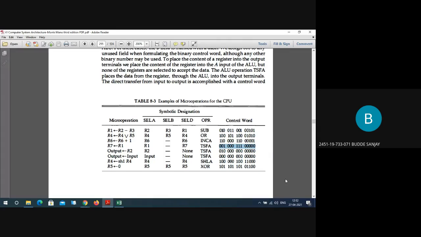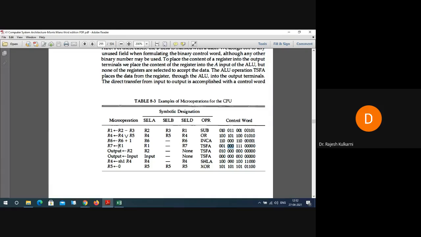R1 is for multiplexer A, sir. Very good. So 001, and no multiplexer B. Very good. So operation is also not there, sir. And decoder is R7, 111. Very good. So it is an interesting thing you observed here. For multiplexer B, whenever you don't want to have a multiplexer B to be selected, you mention it as 000. Am I right? So this is an interesting aspect.